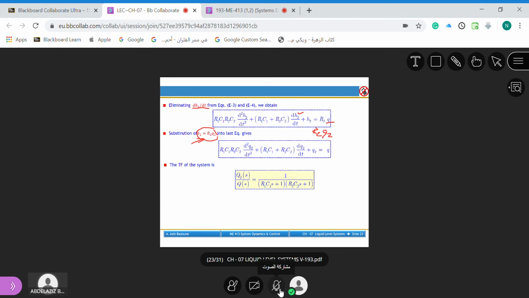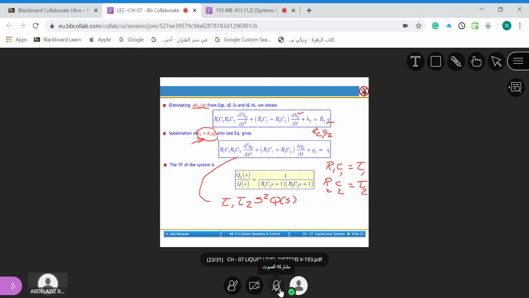I will make it easy for you. I will call R1 C1 tau 1, constant tau 1. And I will call R2 C2 equal to tau 2. So to make life easy for you, this one will now be tau 1 multiplied by tau 2. If I take Laplace transform of the second derivative, it will be S squared